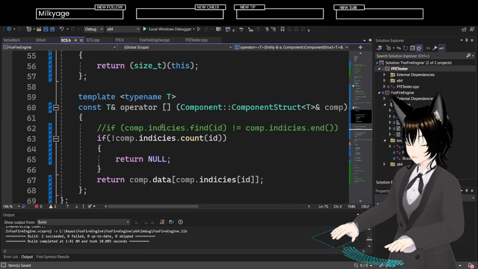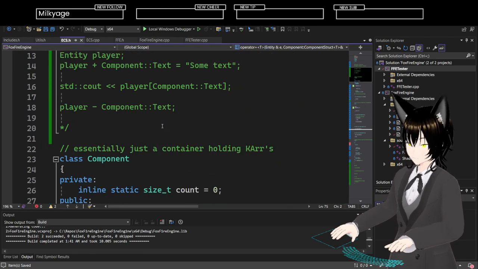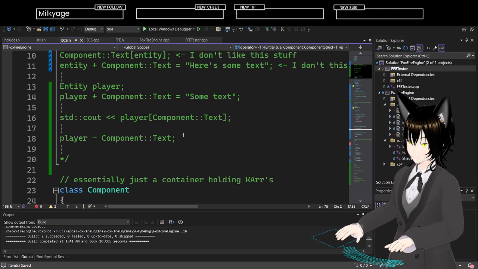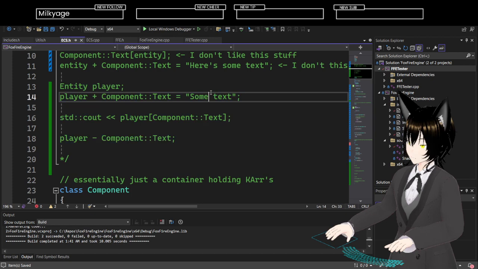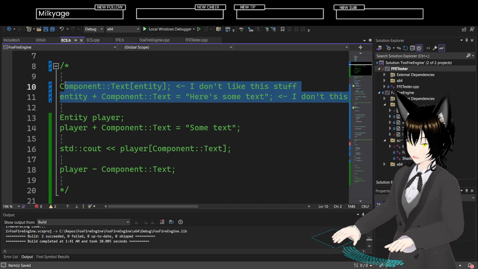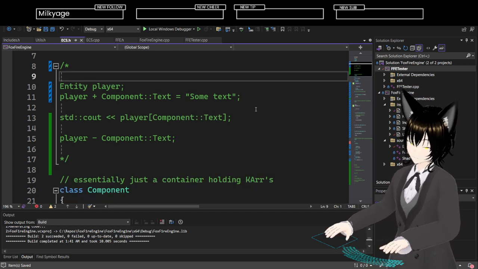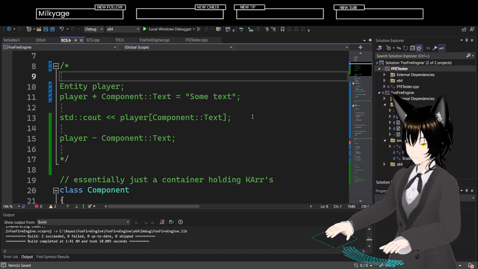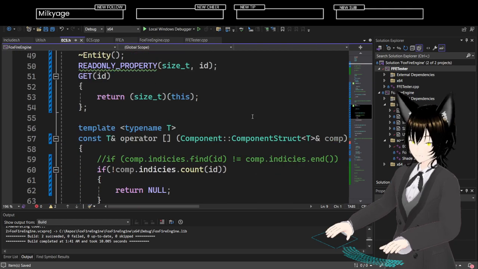So let's see here. Yeah, I want this kind of syntax. I feel like it's very useful. I can delete. Is the music coming in nicely? Can you still hear me over the music, but also still be able to hear the music? Let's see here.